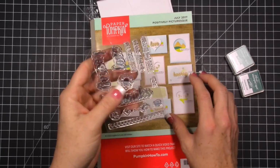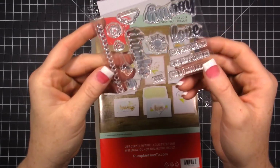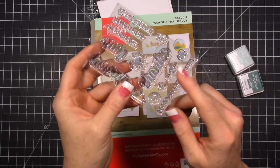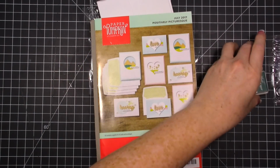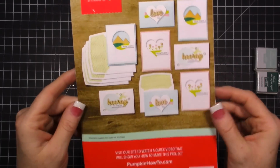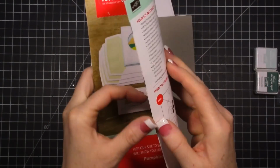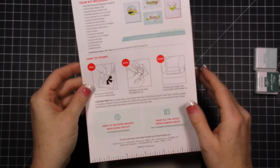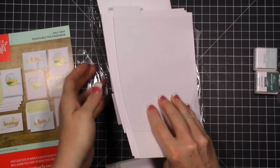And then you always get a stamp set. And this month is this really cute one. It says hooray, love, thanks. Has some great sentiments and I love that. So we have that, and then it comes with some instructions. So these are the cards that you can make, and then you just open it up and it has the exact instructions on how to make everything. So this month in the kit,